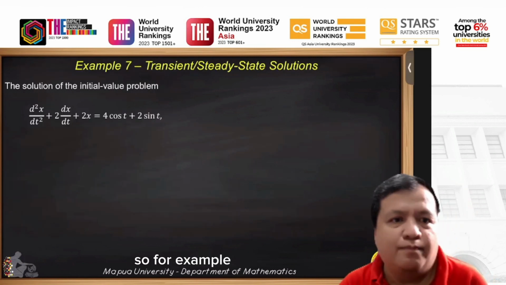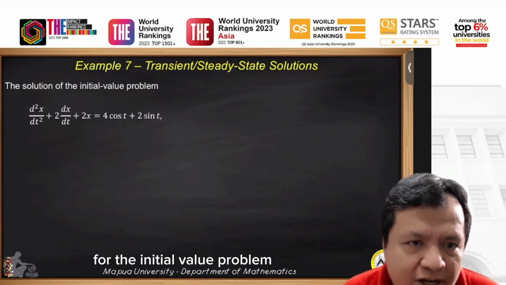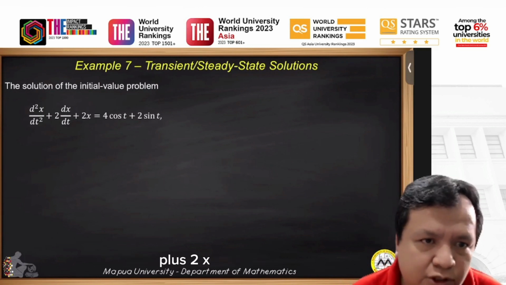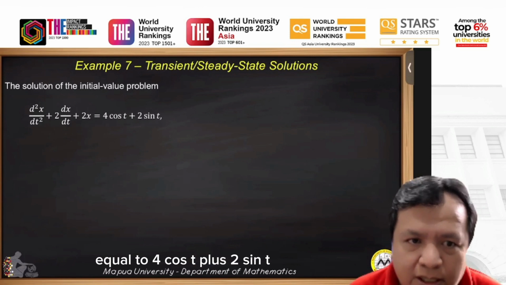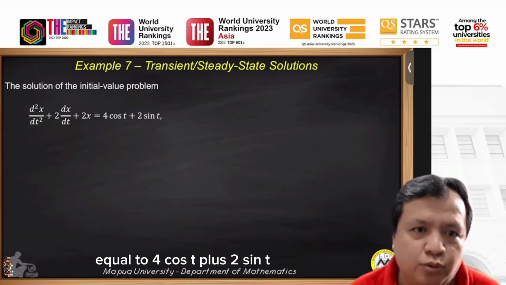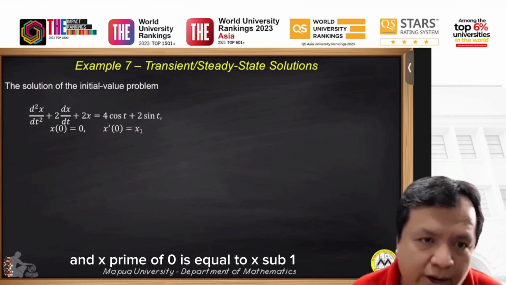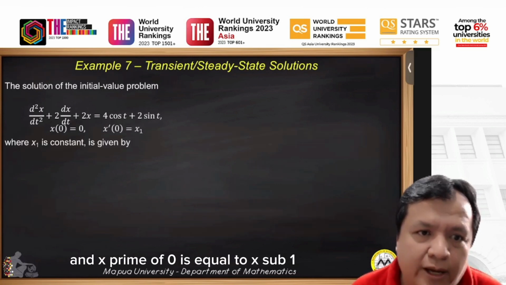So for example, for the initial value problem d squared x over dt squared plus 2 dx over dt plus 2x equal to 4 cosine t plus 2 sine t, with the initial conditions x of 0 equal to 0 and x prime of 0 equal to x sub 1,